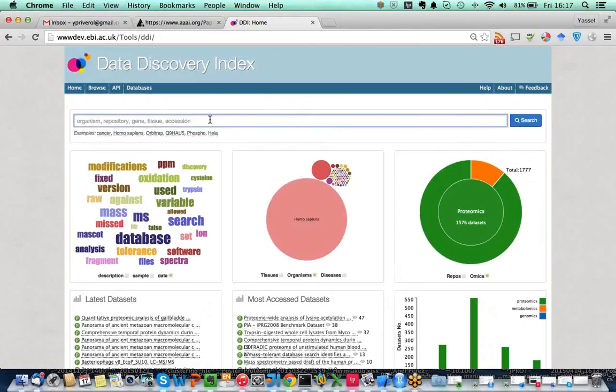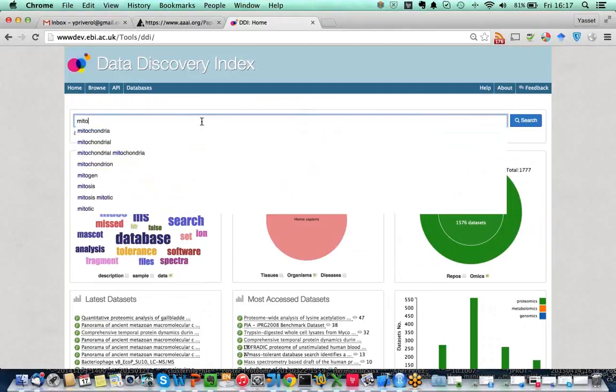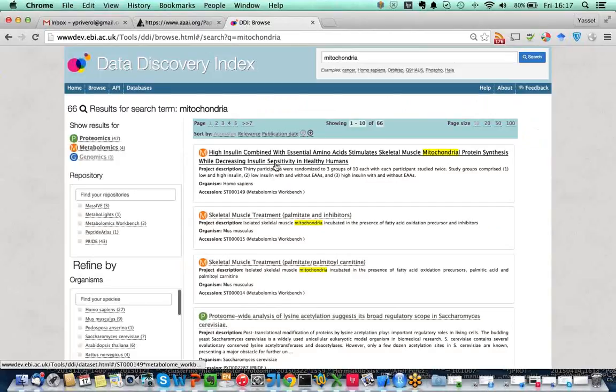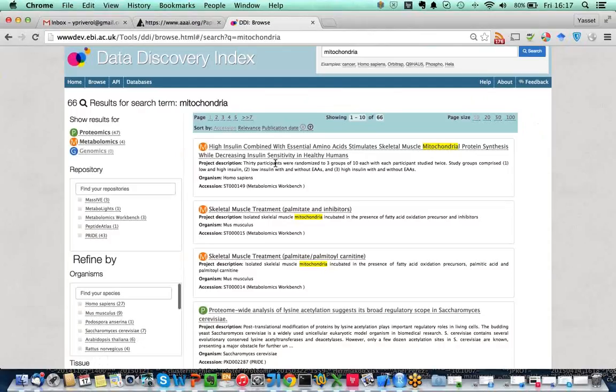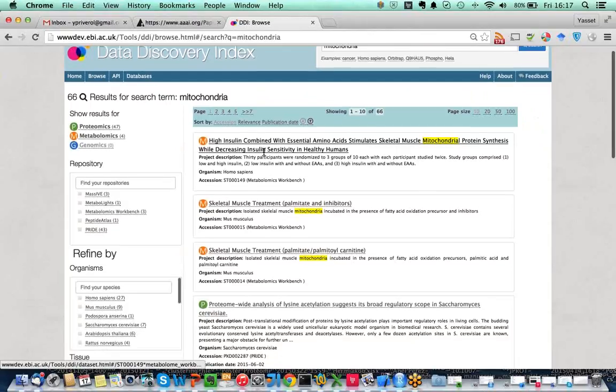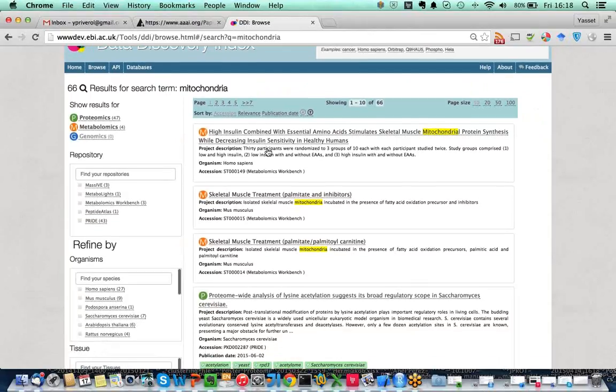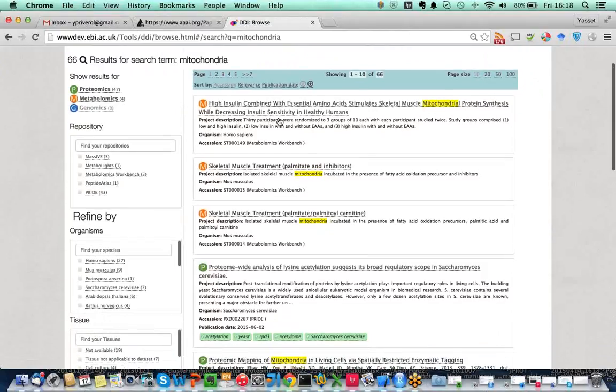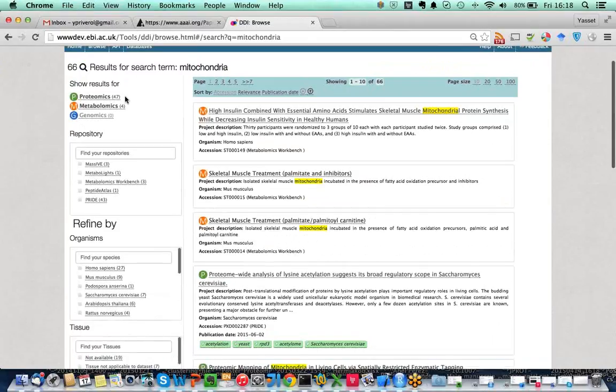Let's do a quick demo of the system. For example, if we type mitochondria, you can see that we have an autocomplete feature that suggests words to the user. The search page, which is actually the main feature of the system, follows an approach like most popular search pages, like Amazon and so on, where you have a central page listing all the datasets,